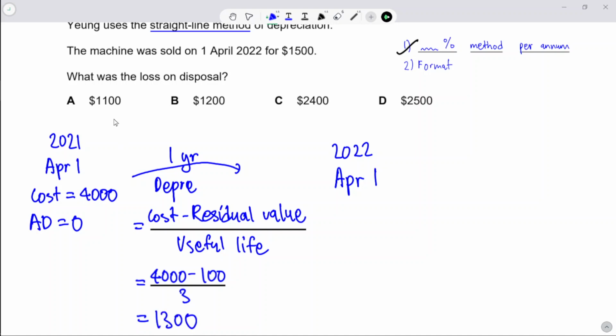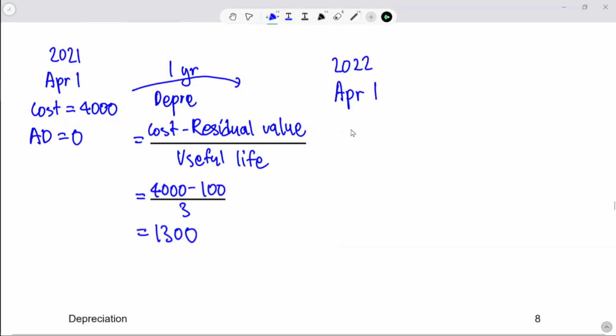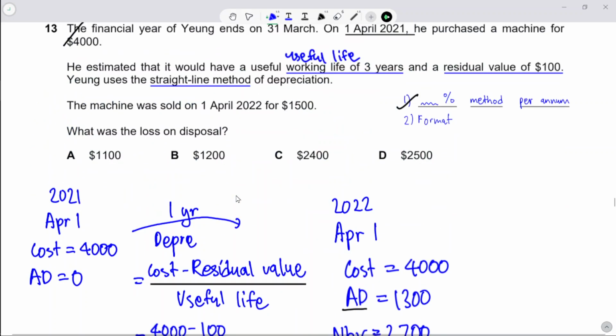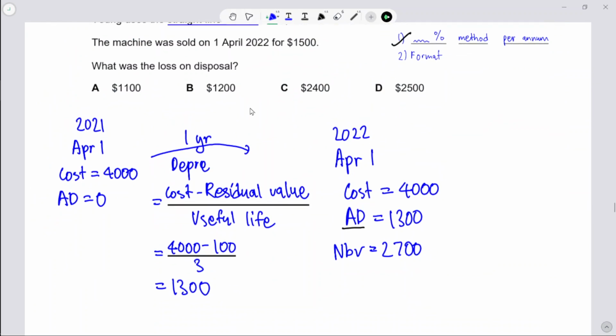Okay, so the cost will equal to the same. The AD is at, so this at this, and then the net book value become cost minus AD. Then let's continue what he wants us to do. Okay,